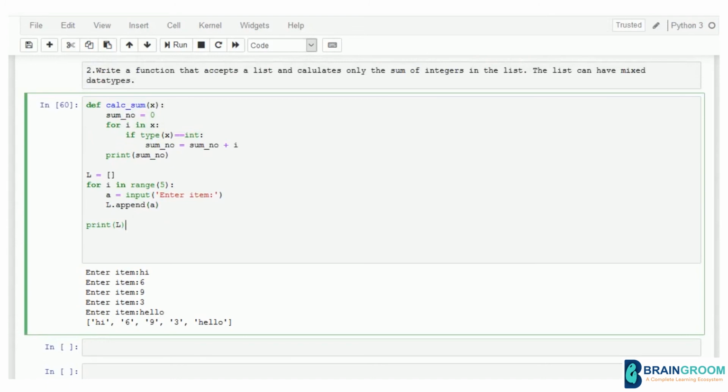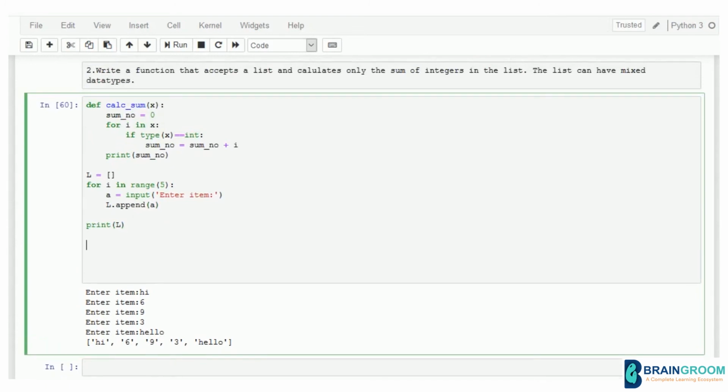Now that you have obtained your input, pass that input to the function. So now you make your function call. Once these steps are over, the program will come over here. It will check. Now you are doing a function call, so the flow will shift to this function definition. So calc sum of L. So you are sending a list and you are receiving it in X.